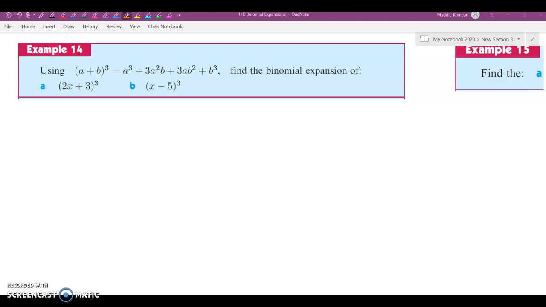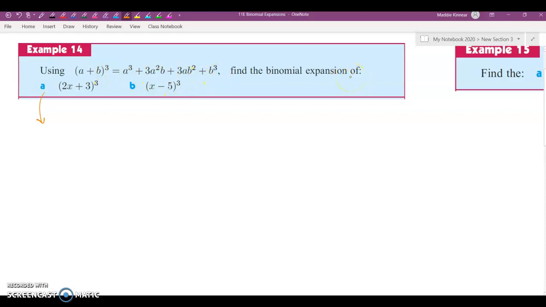So we're now going to have a look at an example of binomial expansion and how we apply that principle in context of an exam style question. The first thing we're going to look at is this one that's saying, basically using the format above where we know that this binomial expansion (a + b)^3 has to be equal to the following, find the binomial